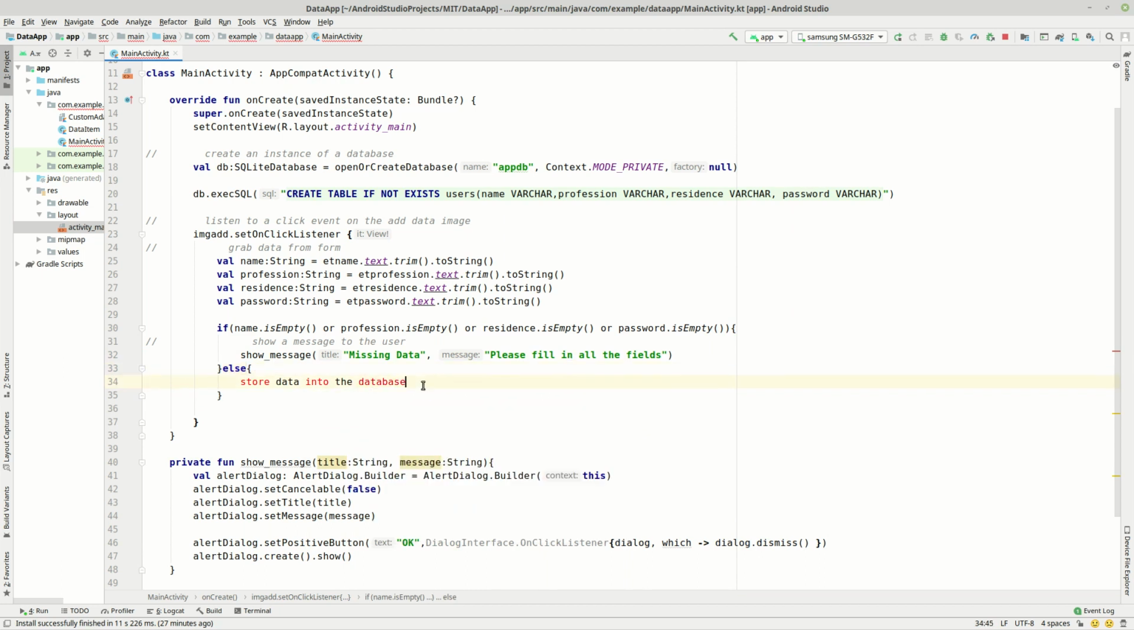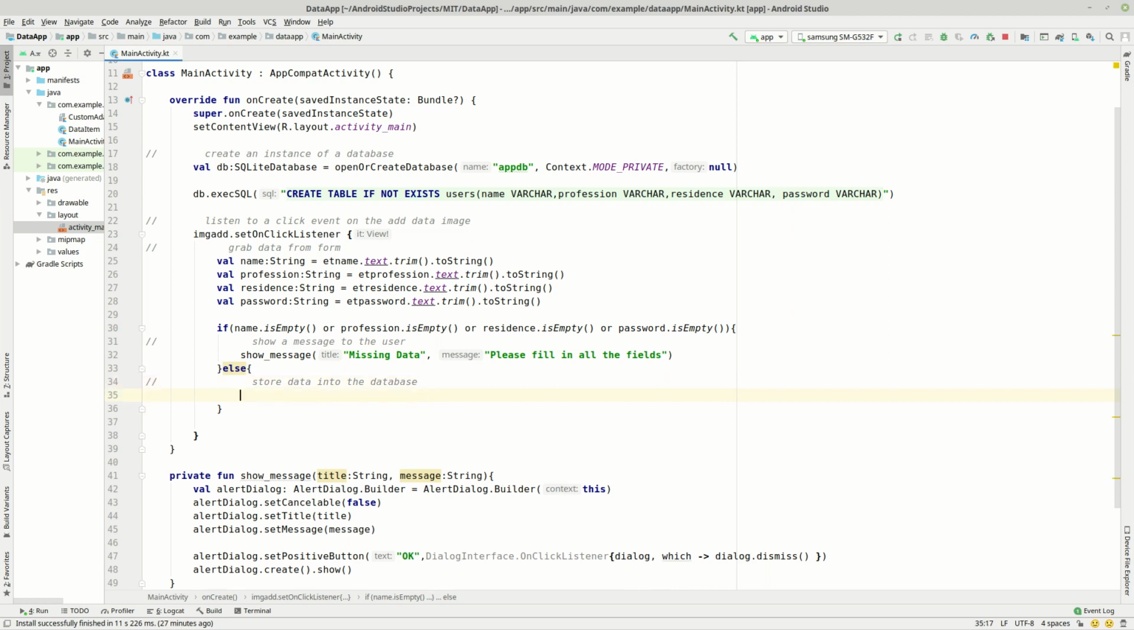So to store the data into the database is quite simple as well. You just need to understand the following steps and be very keen. You need to say our database should execute an SQL query or perform the following instruction, and the instruction is going to be put inside double quotes. So we're going to say insert,